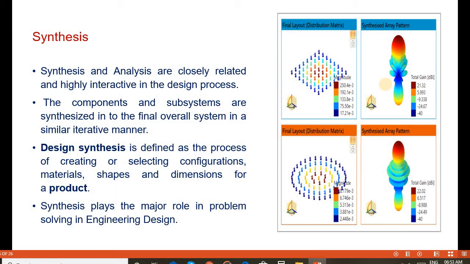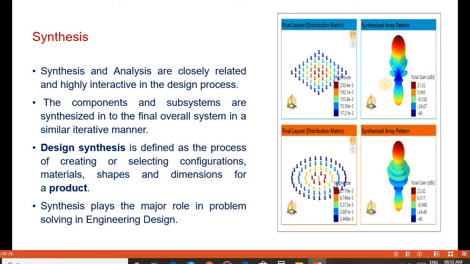For example, in audio systems, we have different components such as amplifier, speaker, receivers. All the subcomponents are synthesized, and finally we get the outcome as the audio system. Similarly, every product is synthesized, and then we get better and more useful products.